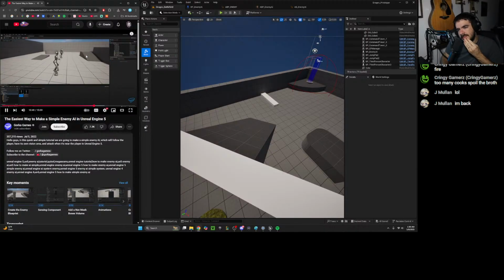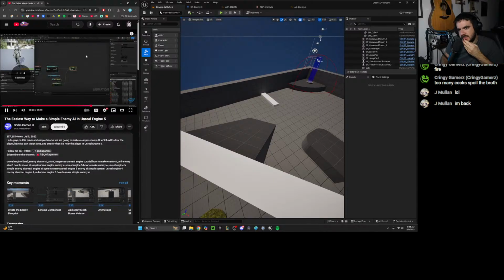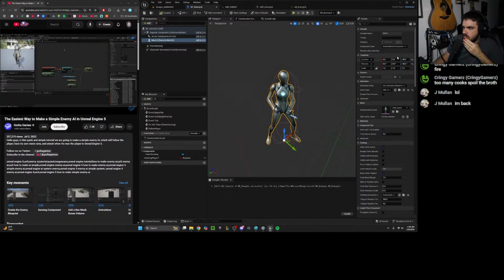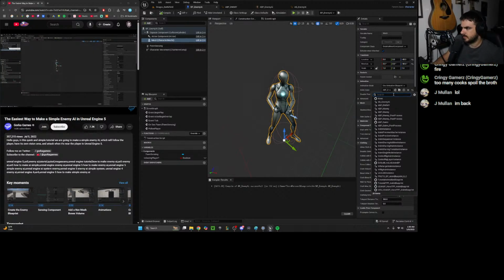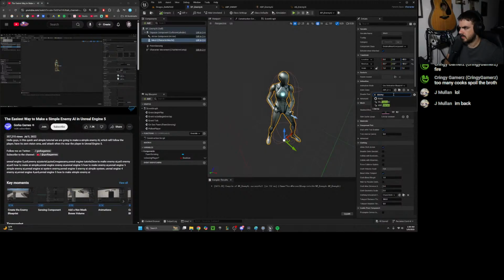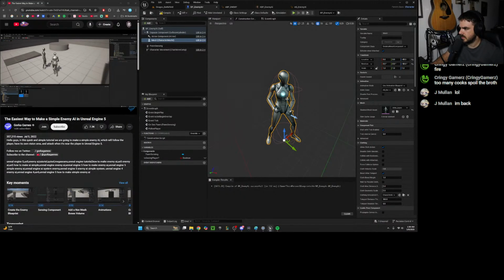And then I press play, you will see something went wrong. The same as the speed. Great. So right now, if I go into the blueprint, go into the mesh, and the animation blueprint, the anim class, I say the enemy AI, compile on save, and then I press play, you will see